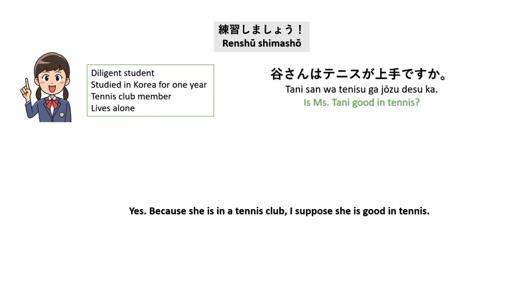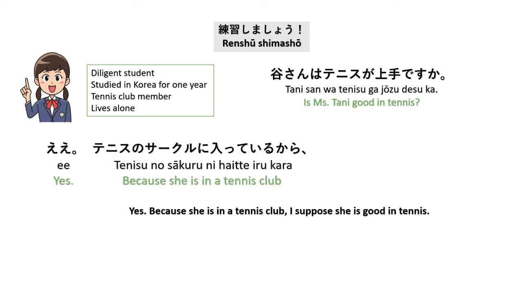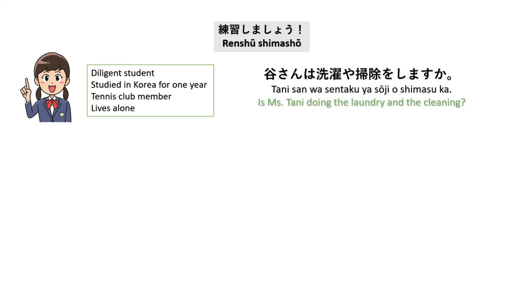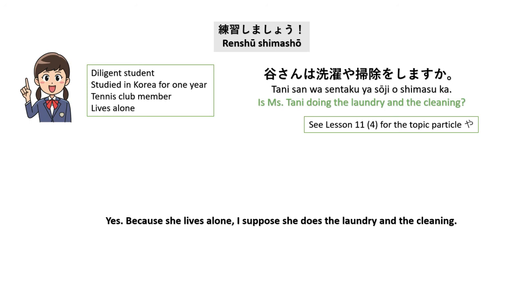谷さんはテニスが上手ですか？Is Miss Tani good in tennis? Yes, because she's in a tennis club, I suppose she is good in tennis. ええ、テニスのサークルに入っているから、テニスが上手なはずです。So, 上手 is an adjective, so we add な before はずです。